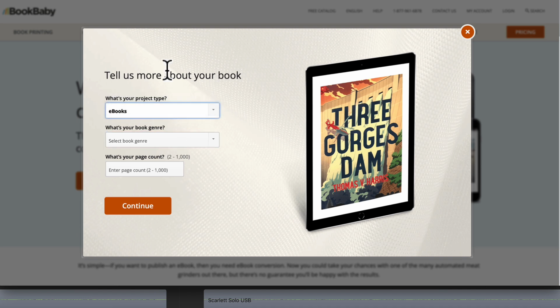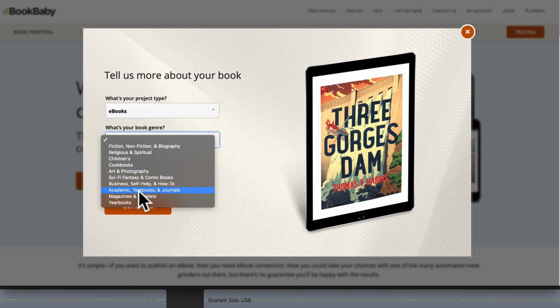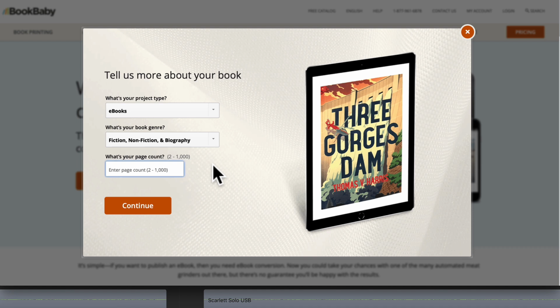You can choose what type of project, go with ebooks, choose your genre. Now, let me find if we have non-fiction. There we go. Fiction, non-fiction. That's what you want. If you're involved in niche marketing, that kind of thing, you need to go with non-fiction and then put in your page count. So they accept from 2 pages to 1,000. So when I say you really don't have to spend a lot of time creating these ebooks, I absolutely mean it. They don't have to be massive. You can get away with a handful of pages as long as it delivers value, right? As long as it really helps people out, it's going to be fine.